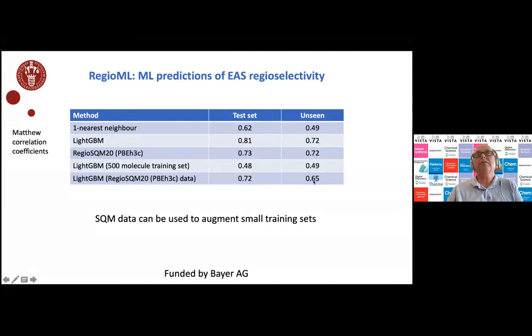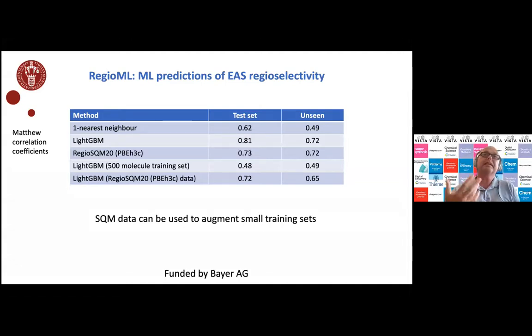We're a little worse when it comes to the unseen data, because this is still a machine learning model that depends on the training set, right? But we're much, much better than using additional data to augment a small training set. It gives you much better results than just training on a small data set. So actually, that's one takeaway message of this talk,